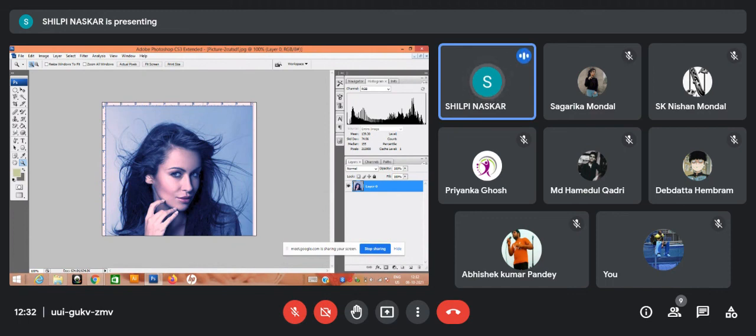Now from next day you have to apply all the layers, all the tools, and come up with the initial output of your poster, which I have told you to do, in landscape format. I hope you have started working on it.